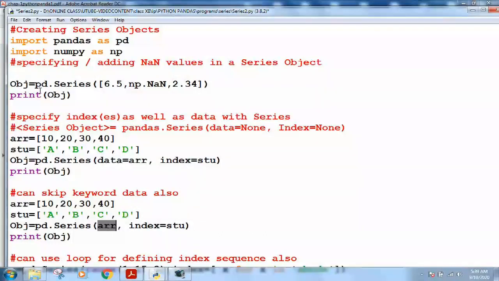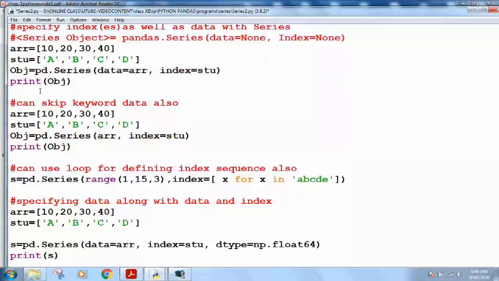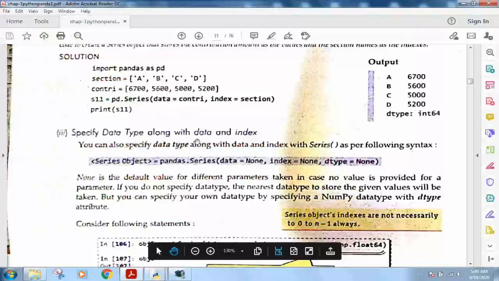I am skipping the data keyword here, just putting the list ARR without using the keyword data, because by default it will take the first argument as data. And I am creating a series by defining the loop here for the index. And last, I am creating data with the index also. Putting the data in this way, we can also create it.